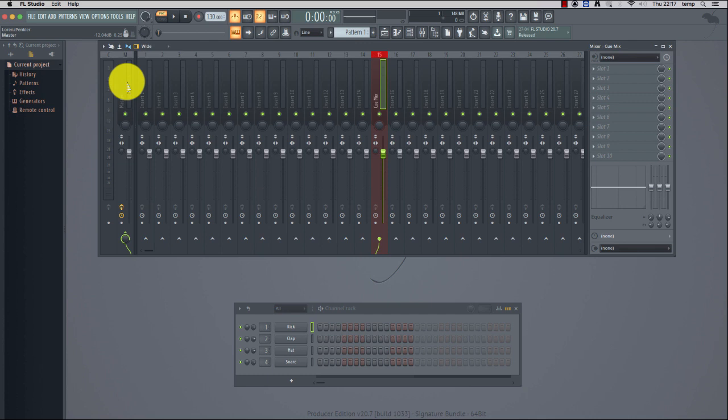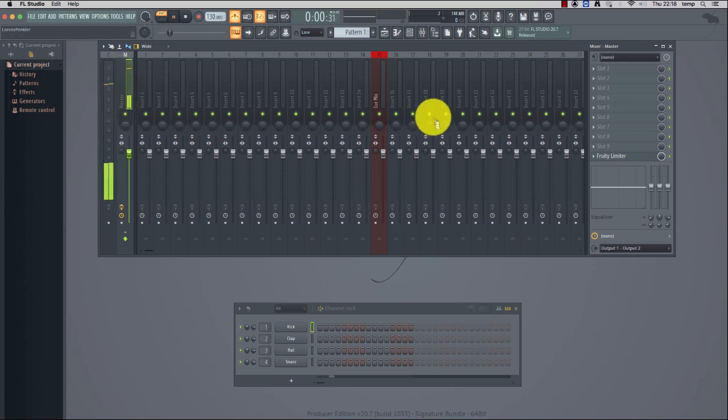Yes, through the QMix, because that's the only channel that we've got here that's communicating with the outside platform of FL, right? Because like I said, QMix goes out of channel 3 and 4, which we have set up connecting from the backside of the sound card 3 and 4 straight into our headphone amp, and that goes straight to the artist. So you need to make sure that this click track that's coming out of here basically comes out of